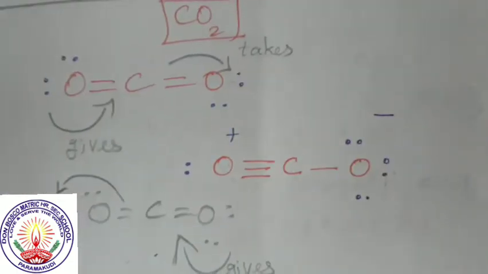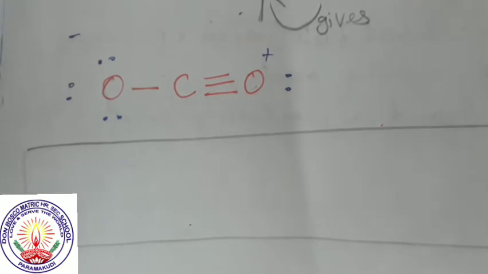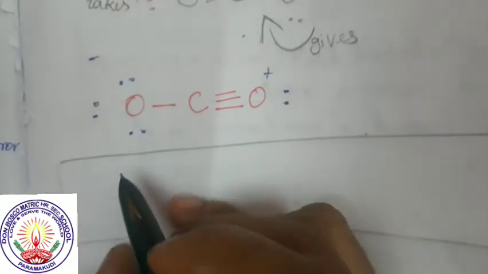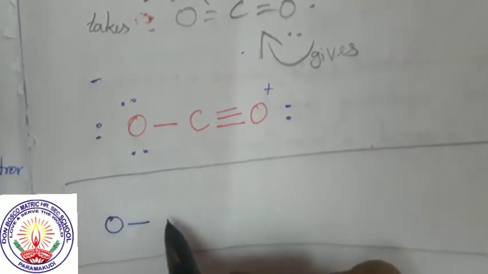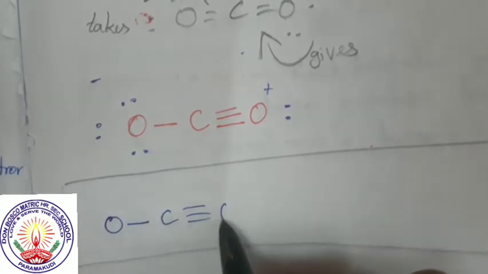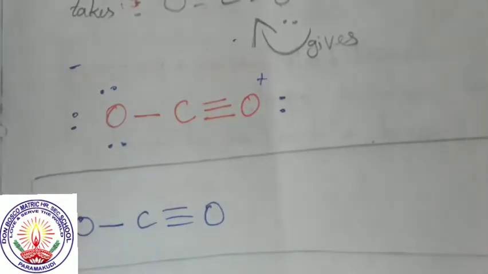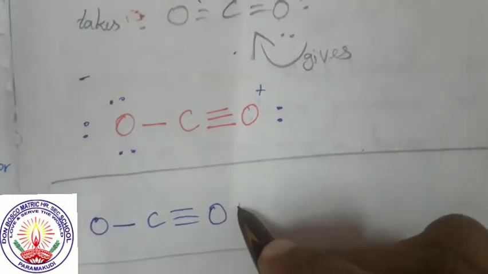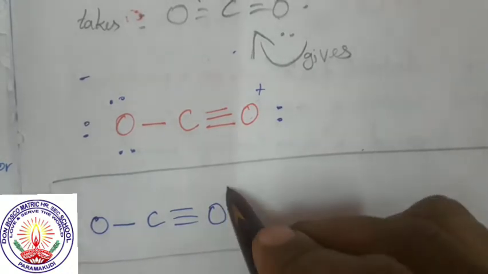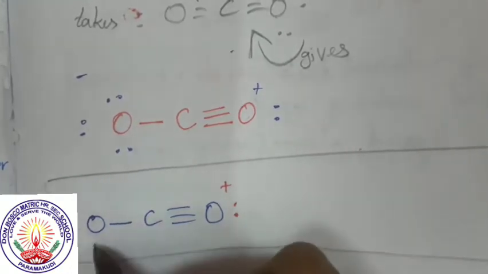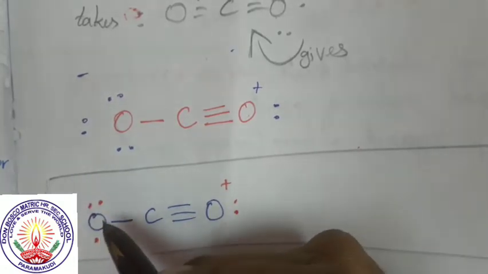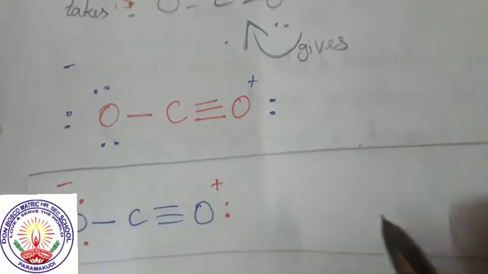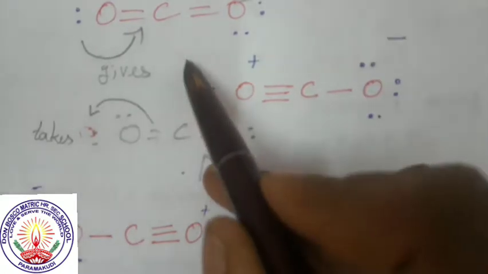Now we shall write the overall reaction. That is, oxygen single bond, carbon triple bond, oxygen, and here this bears 2 electrons and a positive sign. Here it bears a triple electron pair and a negative sign, and this is the basic structure, that is